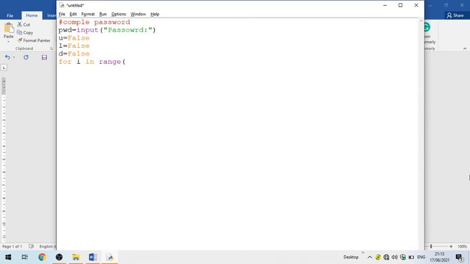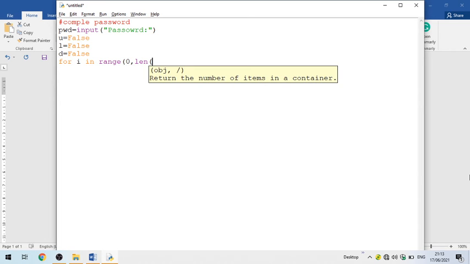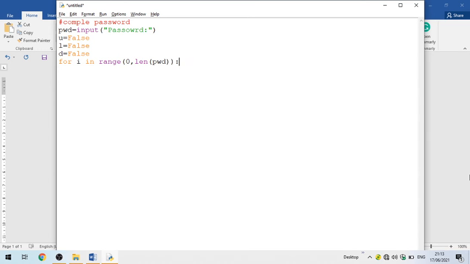So what is the range? We will start from 0 to the length of our password variable. This is the iteration of the loop.